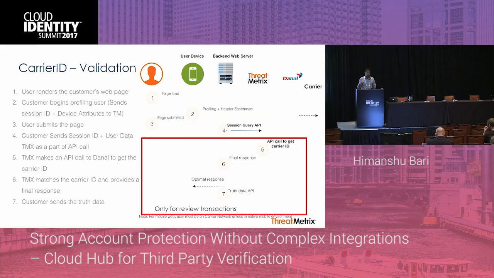So the magic has happened in the background. Basically, we went to our partner, and the carrier has returned the carrier ID. At that point, the user has hit the login page, and you made a call into us. The session API query happens. Now we will run our risk policy just like it were a regular login transaction, based upon what we know about the user, the device, and everything in our digital identity network,